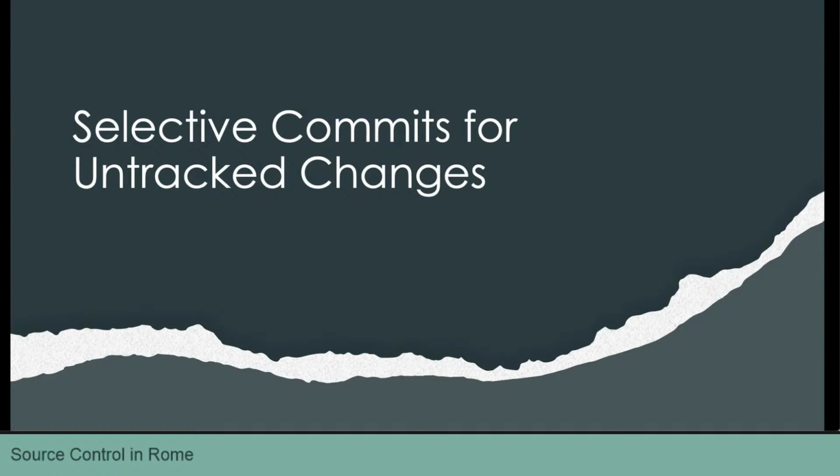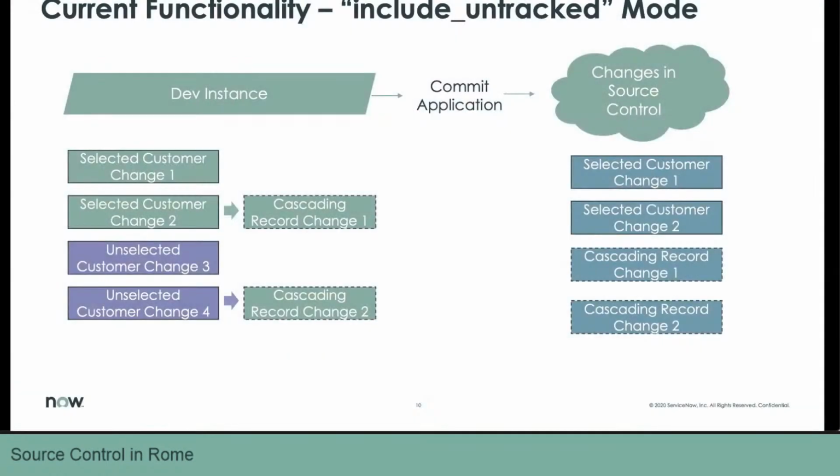So in Studio, when you're using source control, you have this option called selective commit. And the thing that is presented to you is all of the sys_update_xml entries that were modified since the last time you committed. So in Quebec, for example, I've got an example here where I did 4 changes that I can see in my selective commit window. And if I just choose the first 2,